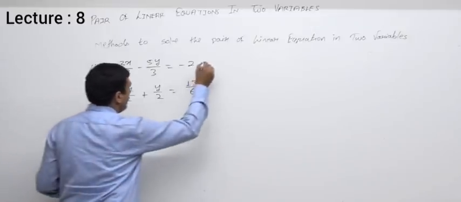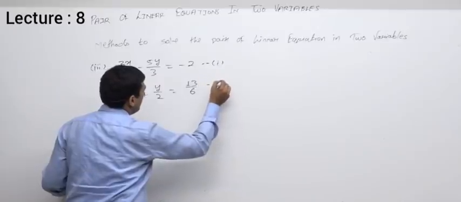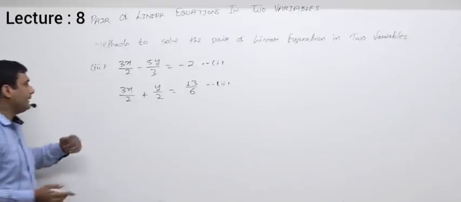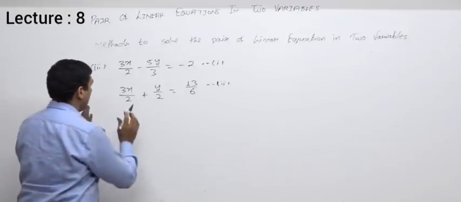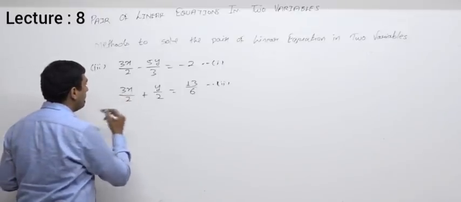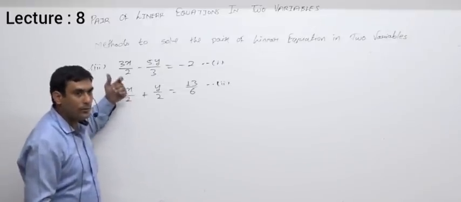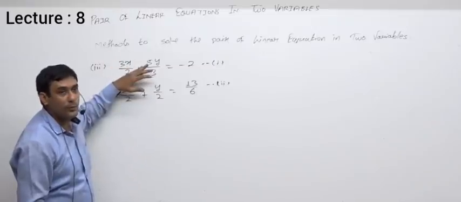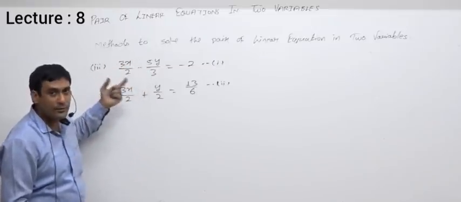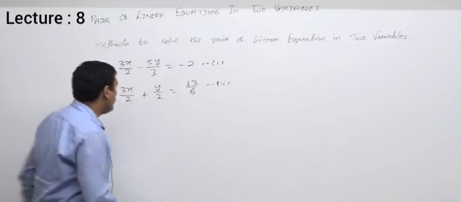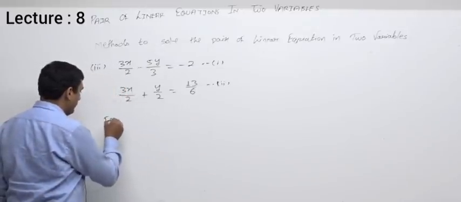So now they are a little bit, I won't say difficult, but a little bit complicated and time consuming. So we'll get the value of x from equation 1. Okay, in the last two examples I took the value of x also from equation 1. So this time we'll make some changes. I'll get the value of y from equation number 2.